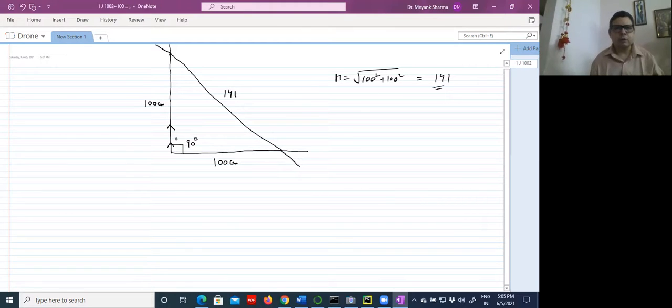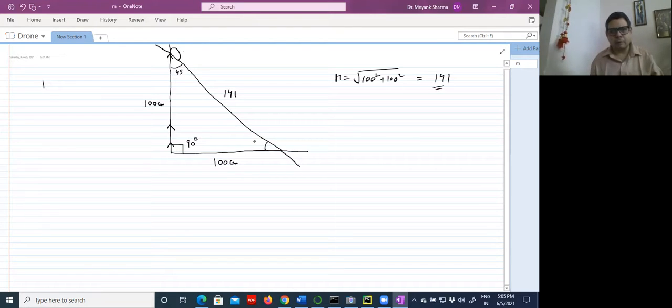So now this drone is flying in this direction, and you want to turn this drone towards this hypotenuse. So what you will do, this is the direction of the drone, so you will turn it by this particular angle. This angle is 45 degree.